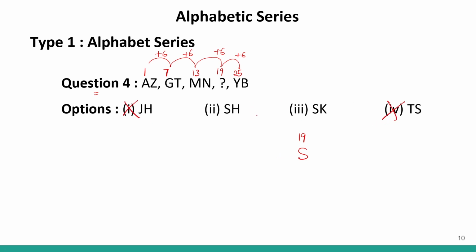Now I have to see between option number 2 and option number 3. So I will look at the second element. If I look at the second element, this is Z, 26, T is 20, N is 14. Correct? And this is B, 2. So now this is basically minus 6. This is also minus 6. If I do minus 6, I'll get 8. Correct? And if I do minus 6, I'll get 2. So 8 will follow with 14 and 2. So the next element will be at 8th position. And at 8th position, we have H. So my missing element will be SH, which is option number 2. So option number 2 will be the correct answer to this question. Clear?